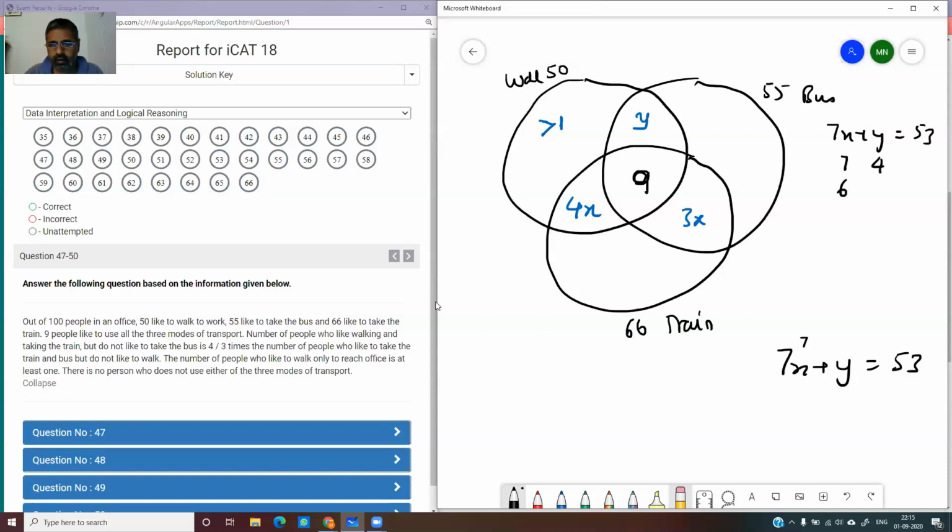Then you have x is equal to 6, 42. Then this becomes 11, 35. Then this becomes 20, 735. This becomes 18. Is that okay? And then this again will go to 4, 28, and this becomes 25. So we'll just try out these values and find out. Now you have multiple options, but you have arrived at this very fast. Then you'll plug in these values and find out the options. The critical constraint is that this cannot go below 1. The moment that becomes less than 1, then you have a problem. Till that point of time, we'll go.